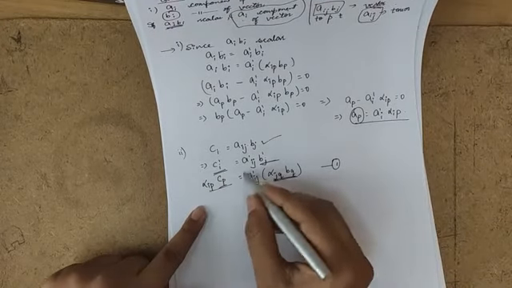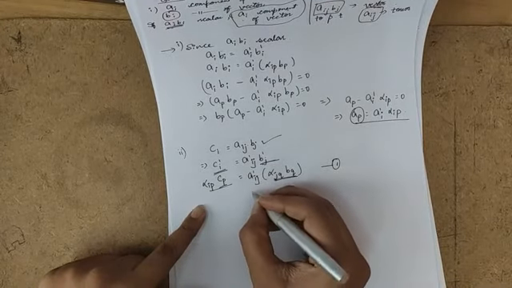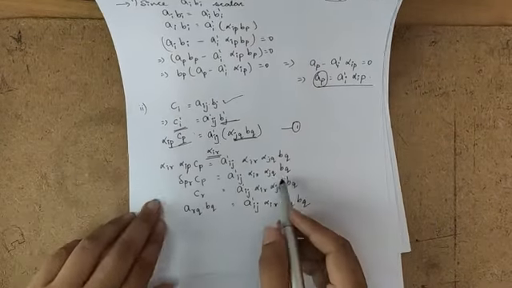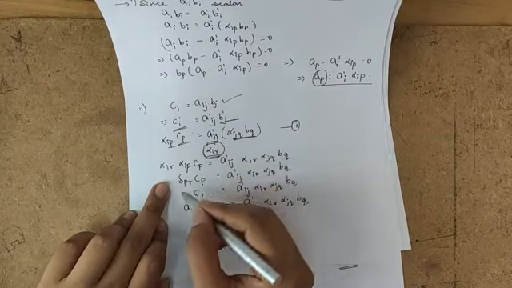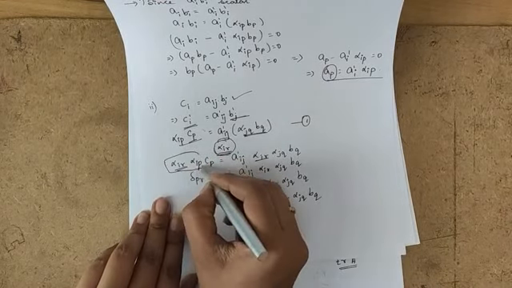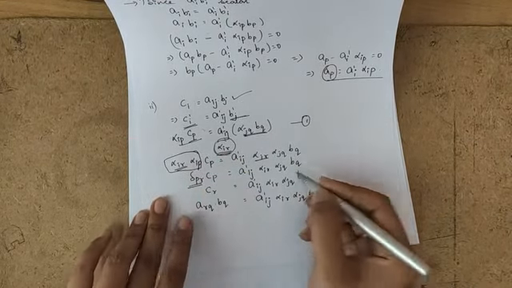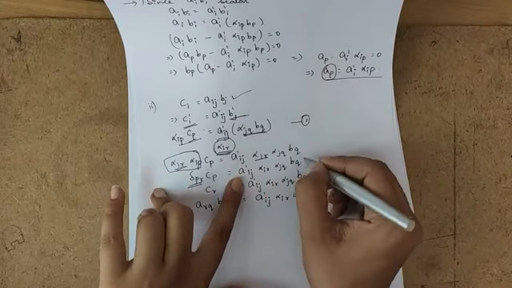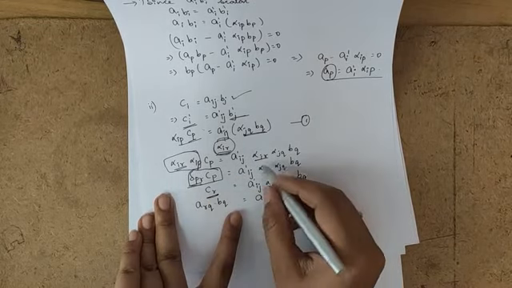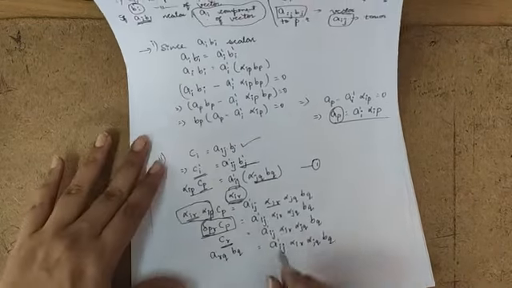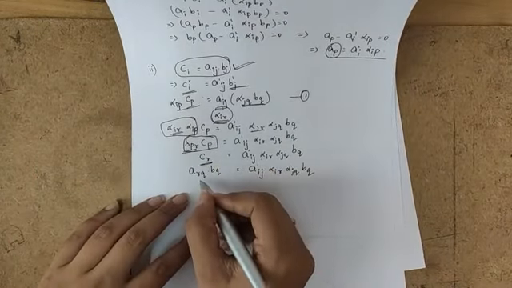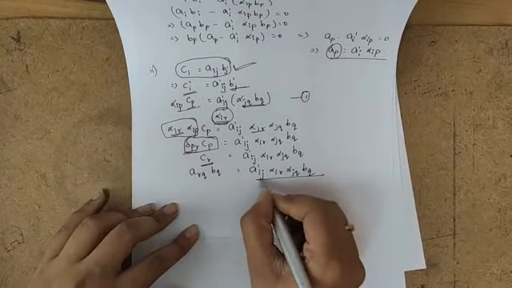So multiply both sides by alpha_ir. So here we have multiplied alpha_ir on both sides. Using the substitution property, alpha_ir alpha_ip is nothing but delta_pr. C_p I have retained as it is. So again using the substitution property, this became C_r. So from this I can write C_r as A_rq B_q is equal to this whole term.